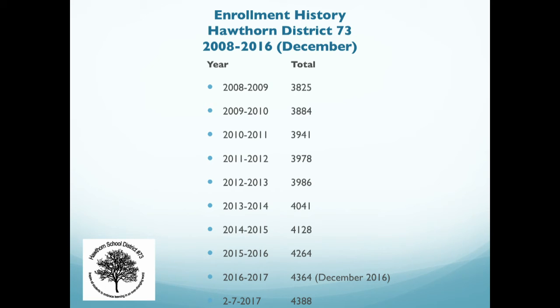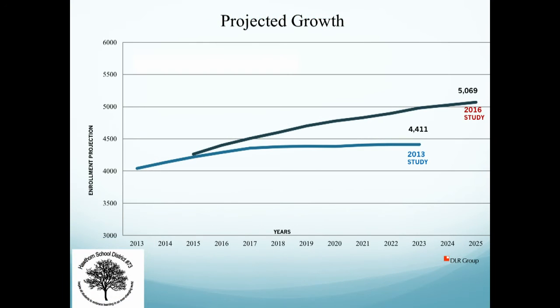The projected growth off of our Cassarda report shows that in 2025 we'll be over 5,000 students. A report that was done back in 2013 showed that by 2023 we would be at 4,411. We're at almost 4,400 now, and that is why we're using the Series C projections, which are the high enrollment projections. Cassarda takes into account birth rates, your natural turnover within your housing, and then other new housing developments as well. And so we've seen an acceleration in our growth, and we're already close to where we're supposed to be in 2023.